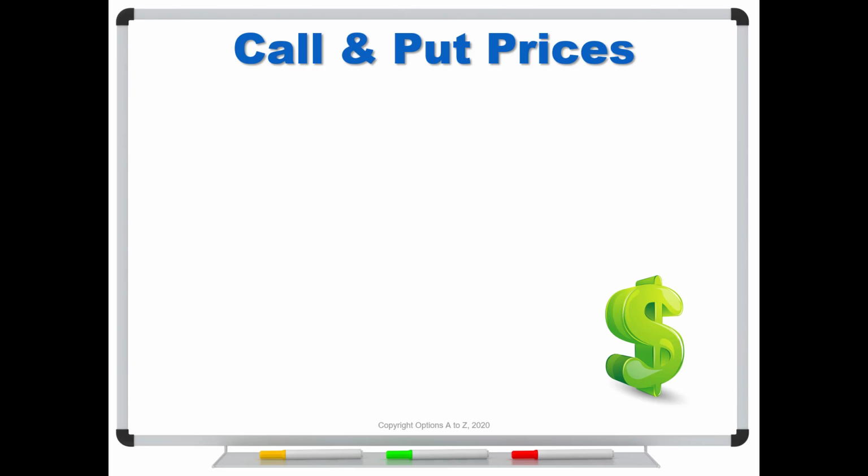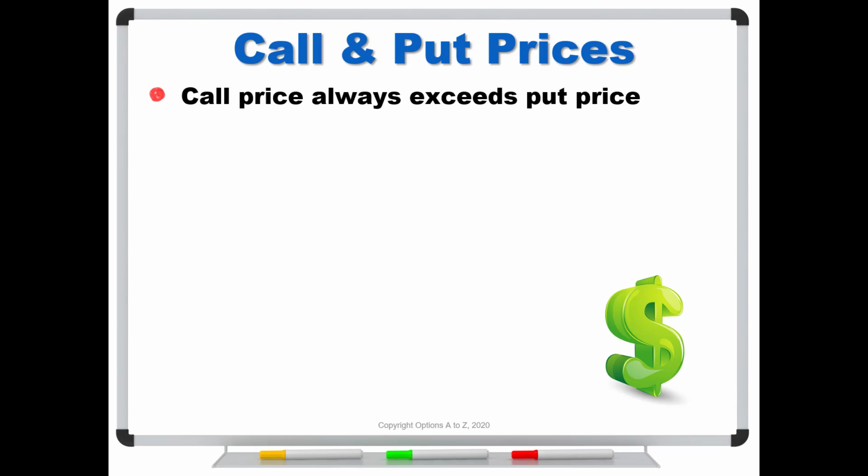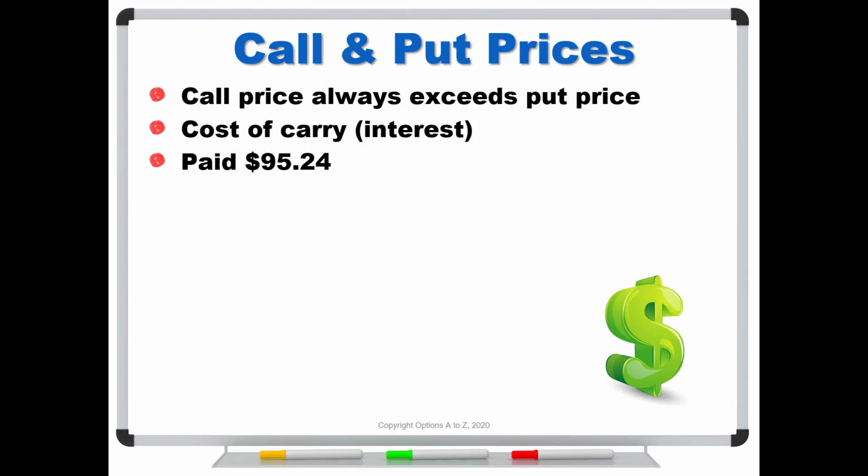It's guaranteed to grow to the strike price of the call and the put. So as we discovered in the pricing model, the call price always exceeds the put price. This is assuming we at least have positive interest rates. And it will do so by the cost of carry, or the interest. In other words, the call price always has to exceed the put price by the amount of interest. So think about what happened in this example. You paid $95.24 and you cash out for $100, which is essentially saying that you earned